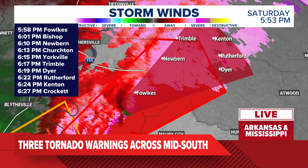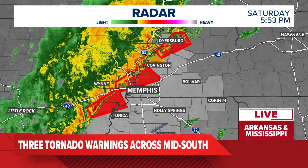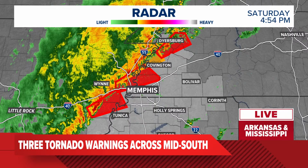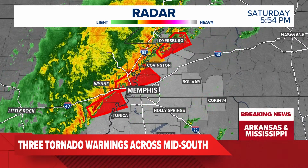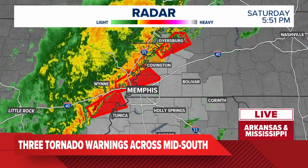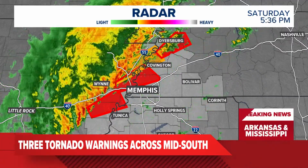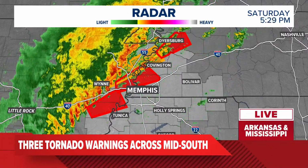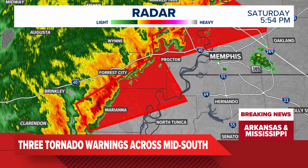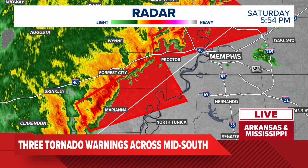We'll go ahead and clear some of this off here, and we'll take things back to a wide view of the radar here of the Memphis metro. We've been seeing multiple thunderstorms rolling through this afternoon, and everything has started to really kick off just within the last 15 minutes. Several severe thunderstorms as well as a couple of three tornado warnings have all just recently dropped around the area. I want to take you back along the line. We're going to be tracking multiple storms over the next probably 45 minutes to an hour, if not longer than that,